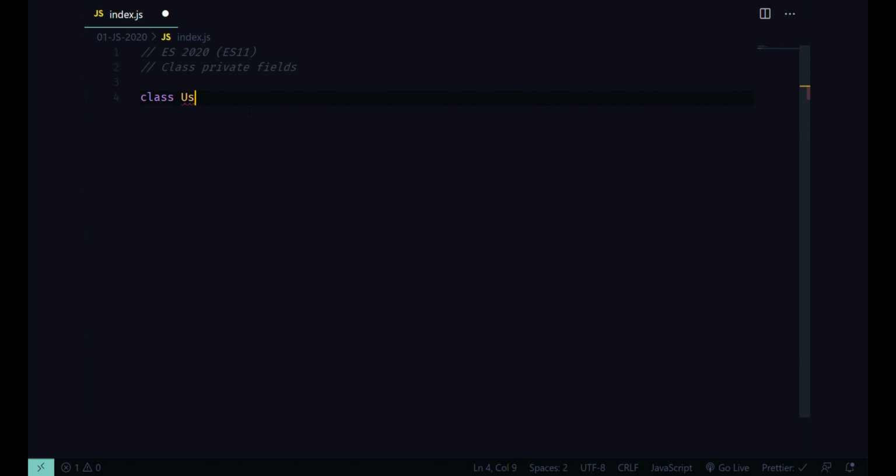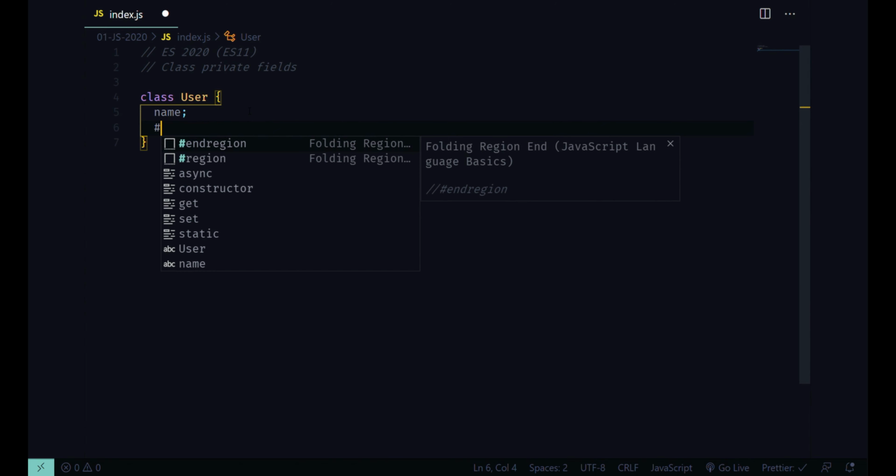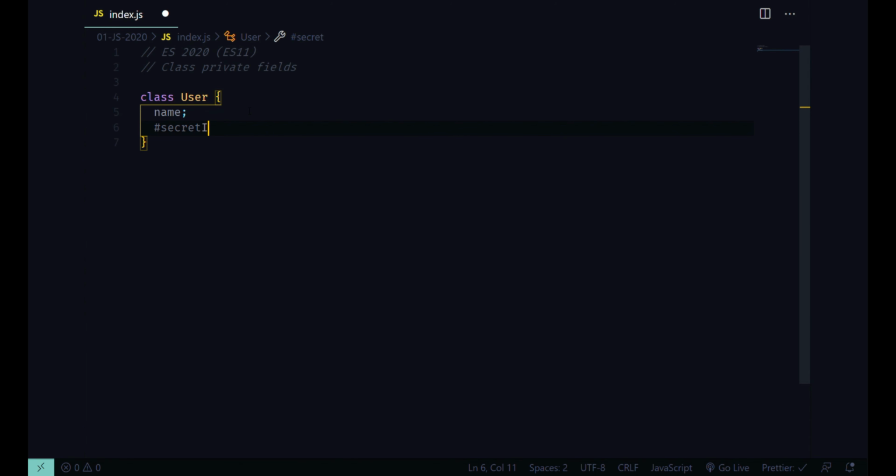I'll be creating one class User which will have a few properties or fields: name, and another property I'll be adding is a secret ID, which is of course secret. And you must be wondering why I have added this hash sign here. This is how we can create private properties in a JavaScript class now.